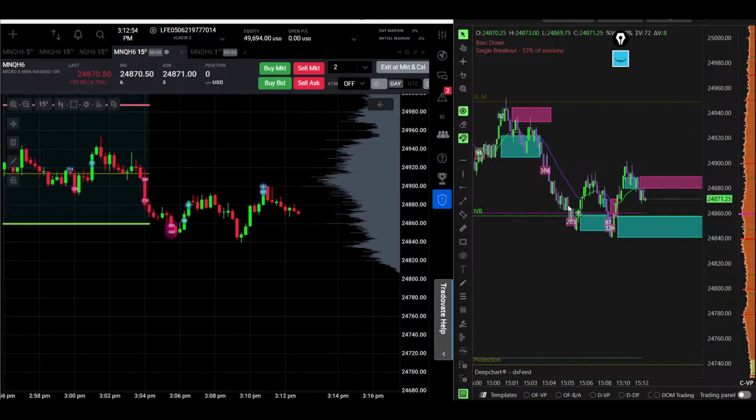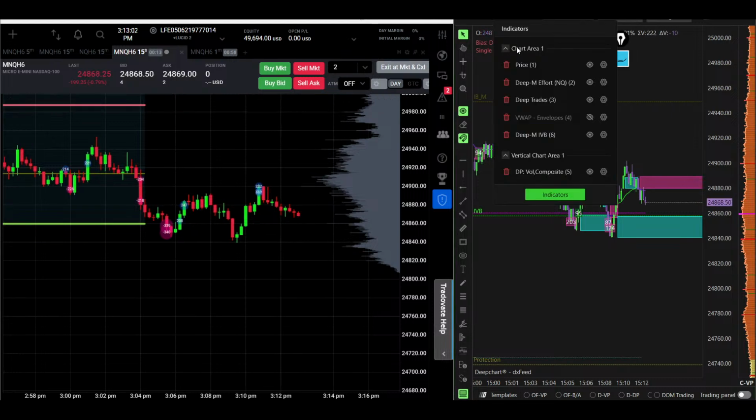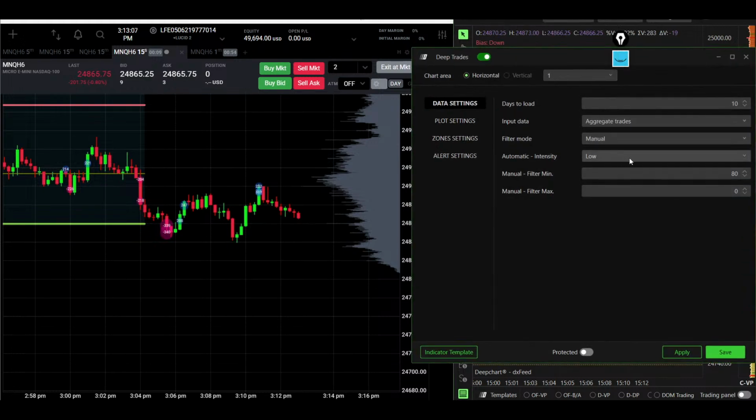The reason why there is no, you see these bubbles correspond to these bubbles, is because I have different settings here. Deep trades I have 80 and this is different, and the Tradovate feed is different as well, so